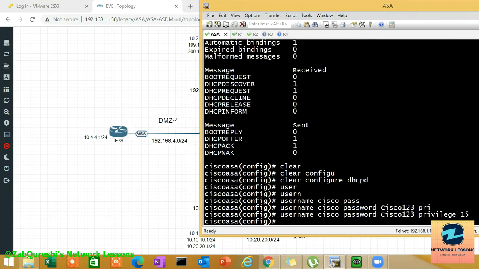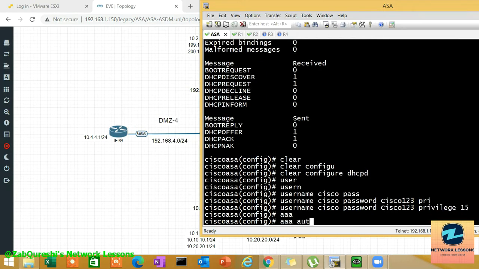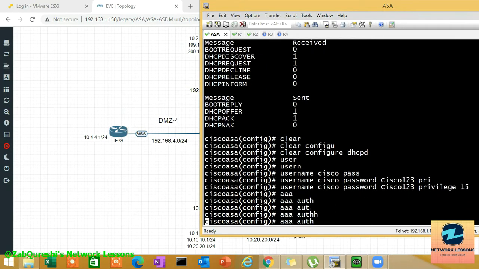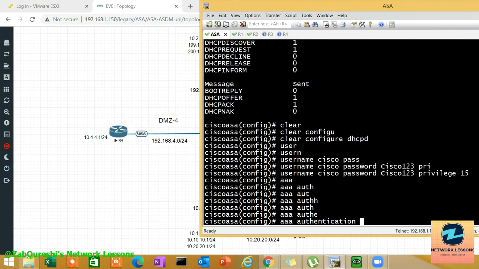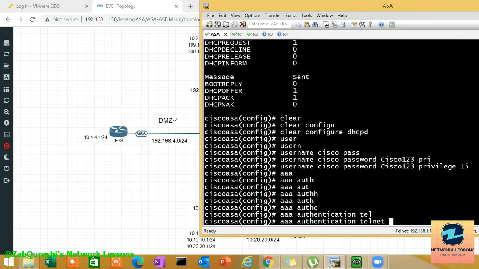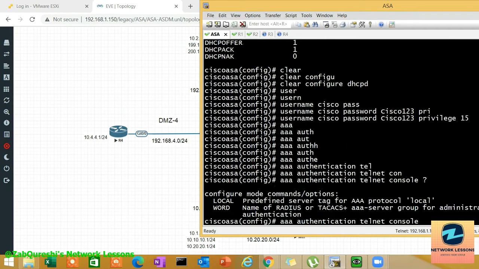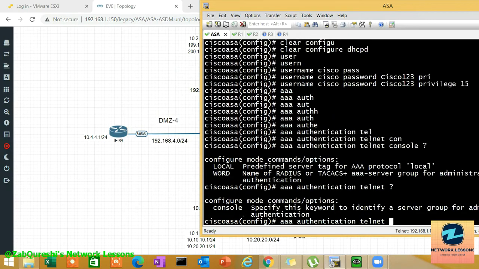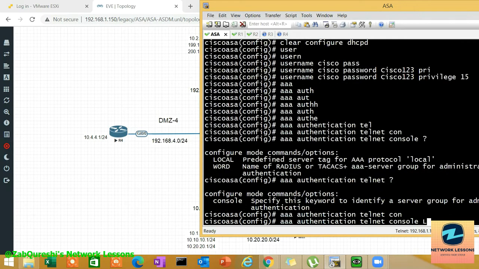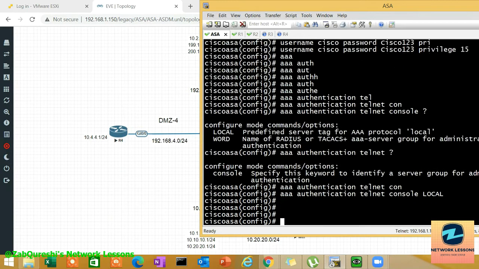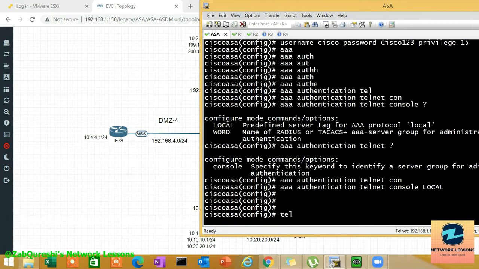Then you have to specify the AAA authentication method for that particular protocol, the Telnet application, right? Then you have the keyword console, and then you say LOCAL in capital, that is case sensitive, or you can go for the TACACS keyword, right? You have the TACACS console, you say LOCAL in my case. That is it. Now you have to enable Telnet by specifying the telnet command, and then you specify the